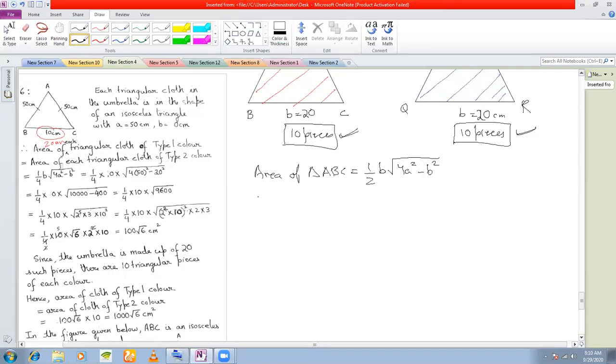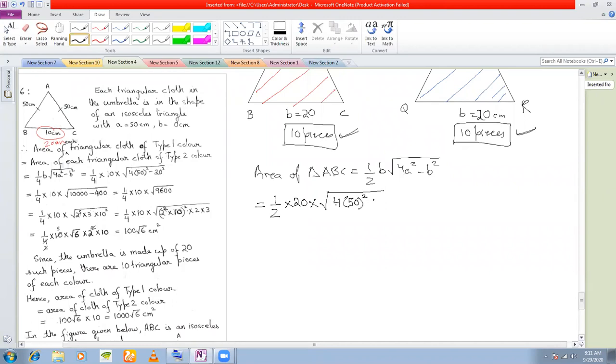Now, if you remember, the area of an isosceles triangle is half b root 4a square minus b square, where a is the equal sides and b is the unequal side. So we'll just put the value half into this is b, 20 into root over of 4 a square is 50